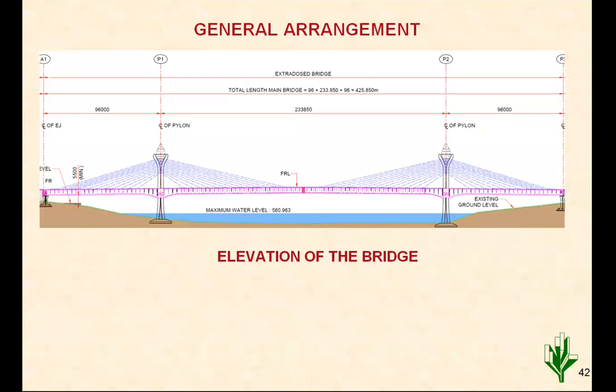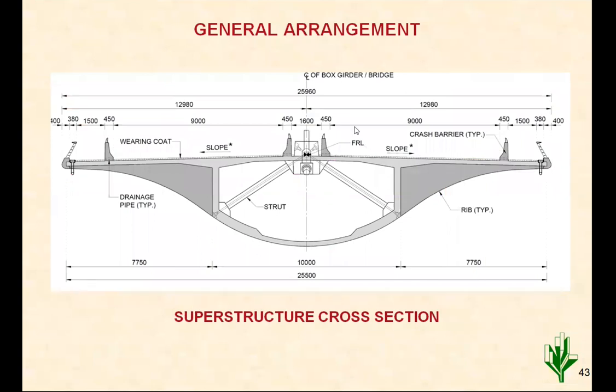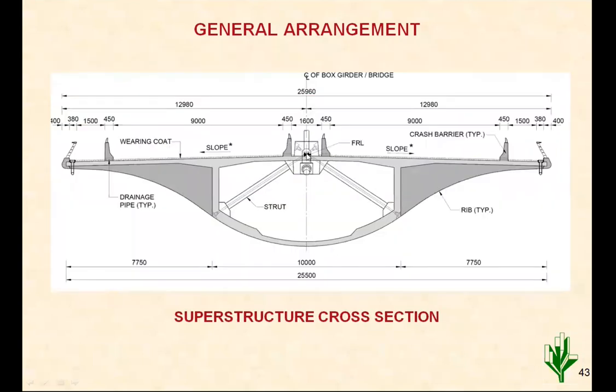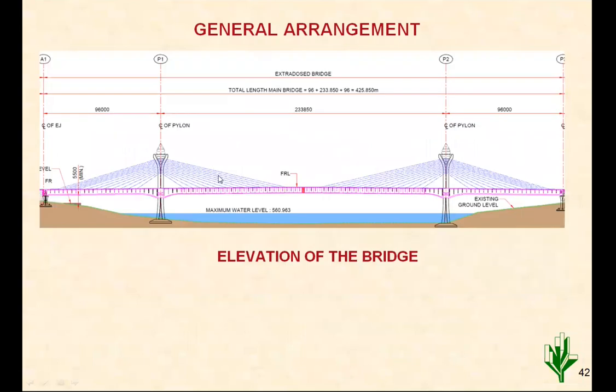If you notice, the depth of superstructure, that is the cross-sectional depth of superstructure, here is 4.5 meters in the middle, and at the root it is 8 meters. So for a comparable span, say Nagpur, the total depth of superstructure was almost 1.8 meters, whereas here it is 4.5 to 8 meters. So the deck is steeper, and the deck is also carrying more load as compared to the cables. So the fluctuation in the forces in the cable is lesser as compared to the cable-stayed bridge.